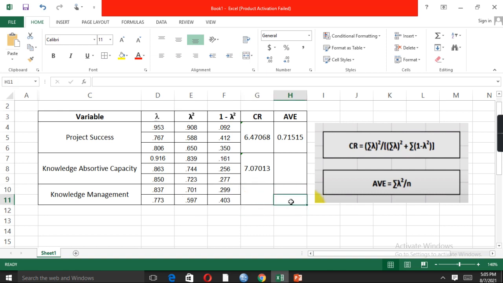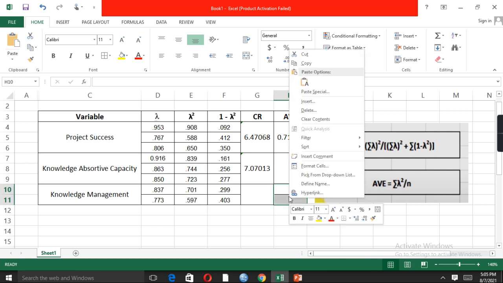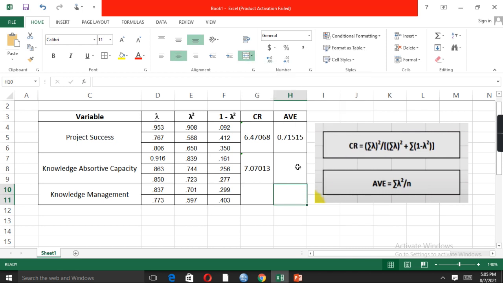So similarly, we are able to calculate the value of AVE of knowledge absorptive capacity. So how do we perform? We need summation lambda square.